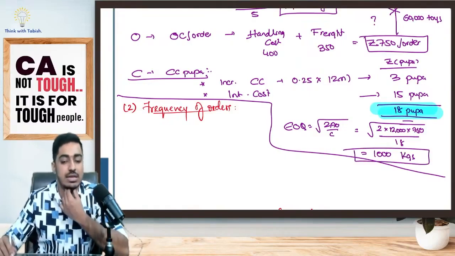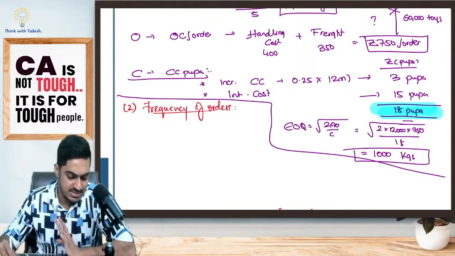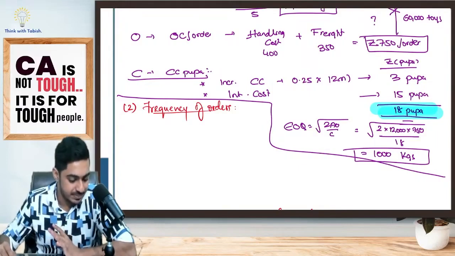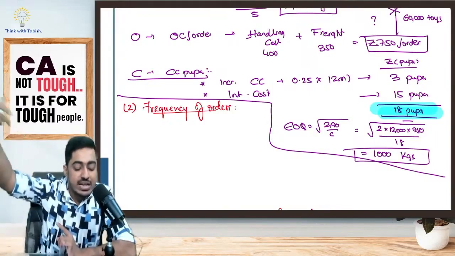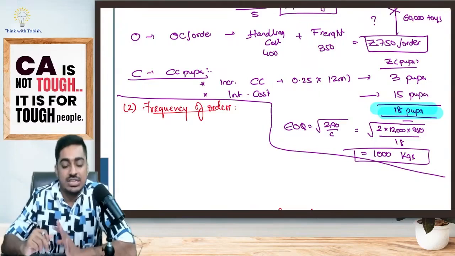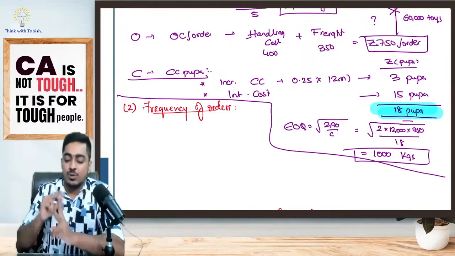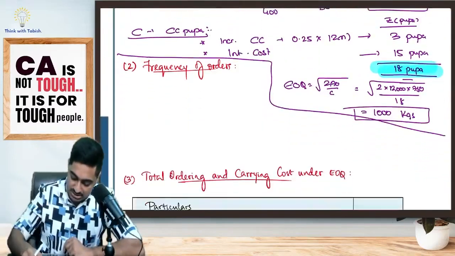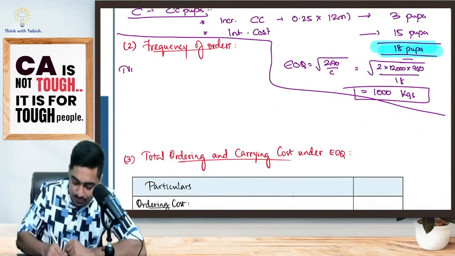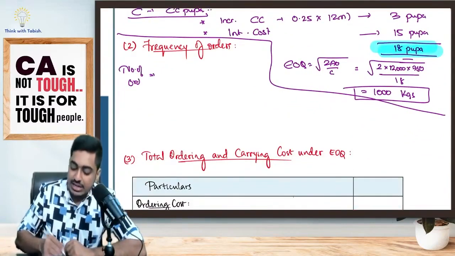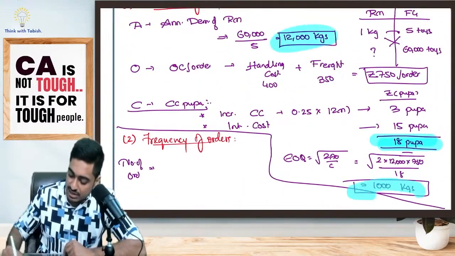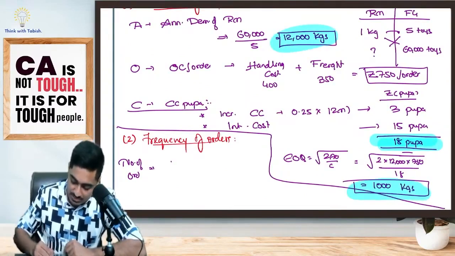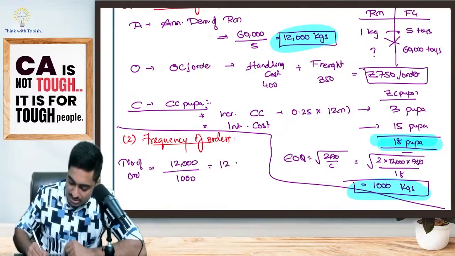Great. Some of you have told me. Now what is the second requirement of the question? Advise how frequently the company should order. I've told you, whenever the question asks how frequently we should order, I'll always calculate the time gap between two orders. First, I will find the number of orders. Tell me, students, in 1 year, total how many kg will I have to buy? 12,000. Every time how much am I buying? 1,000. That means how many times do I have to order? 12 times I have to order. Yes or no, everyone?